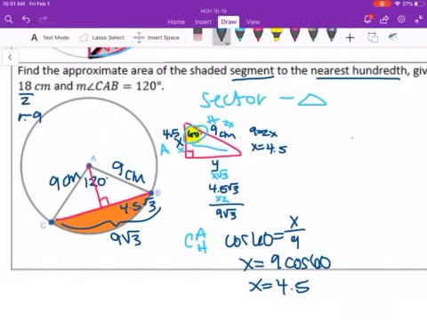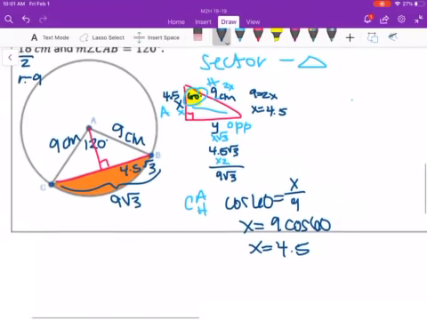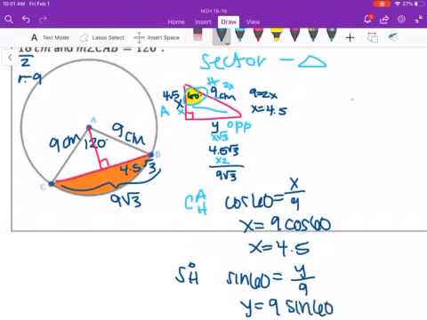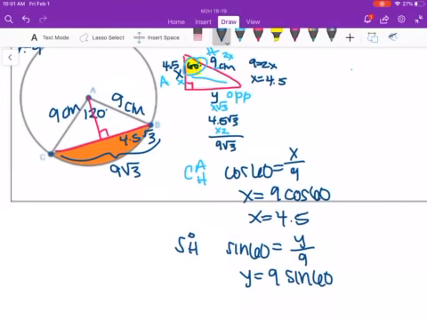And then to find y, that's our opposite, and use the 9 still for the hypotenuse for the other side. So this time it's sine of 60 equals y over 9. Cross multiply, 9 sine of 60. 9 sine of 60 equals